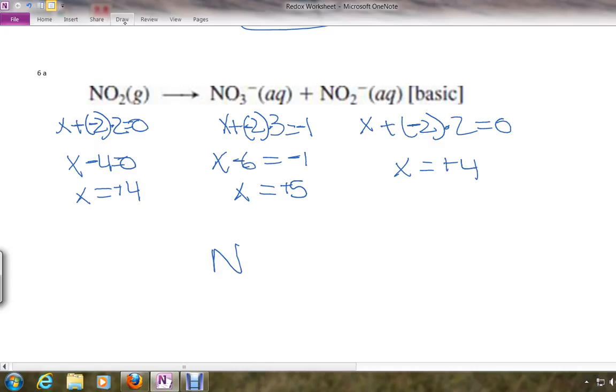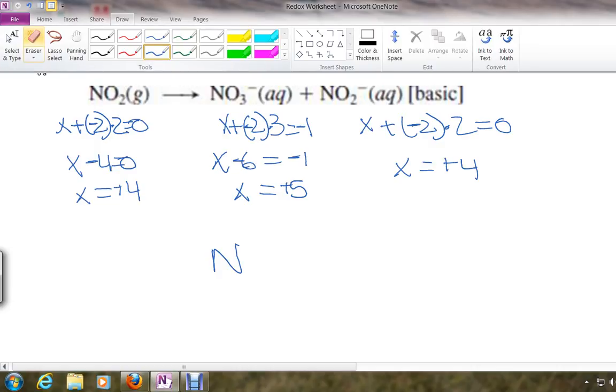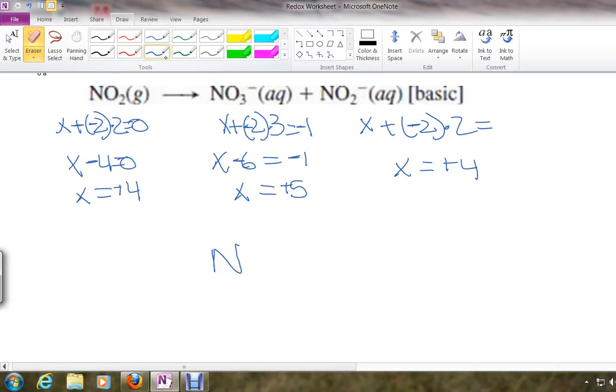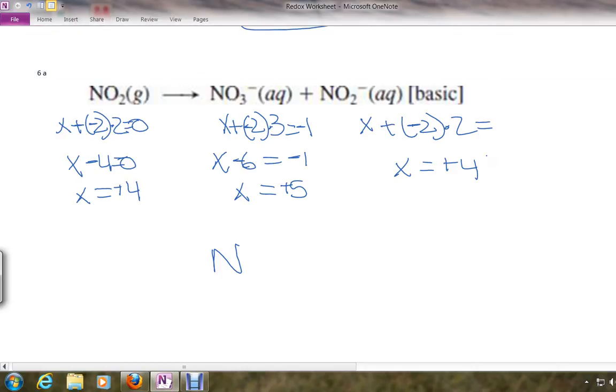I'm sorry, one should change. Yeah, this is a charge of minus 1. That's the nitrite. So this would be minus 1, and this would be plus 4 minus 1. So this is going to be, one nitrogen is going from plus 4 to nitrogen plus 5. And the other nitrogen